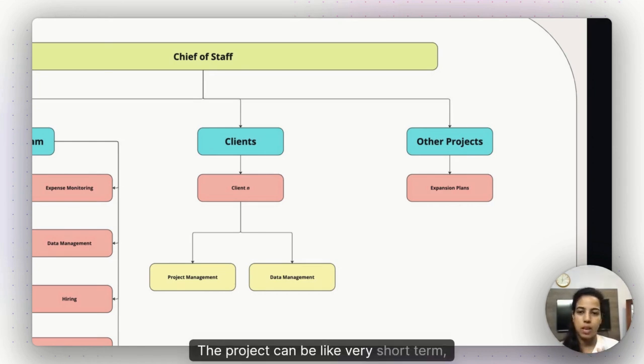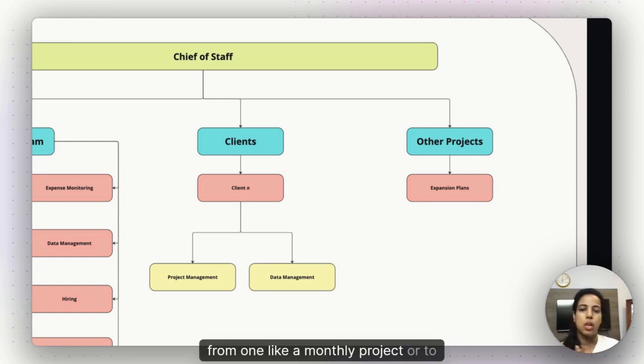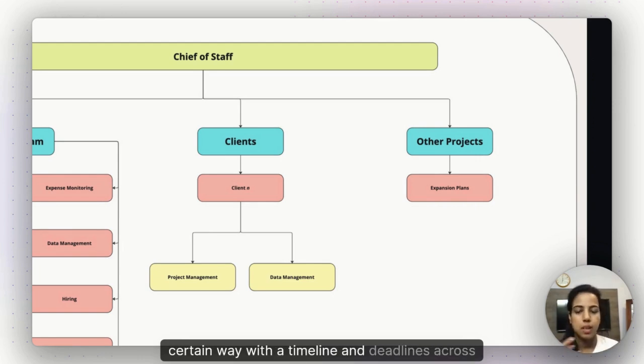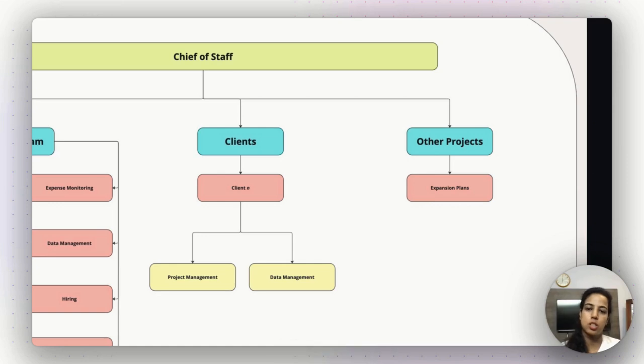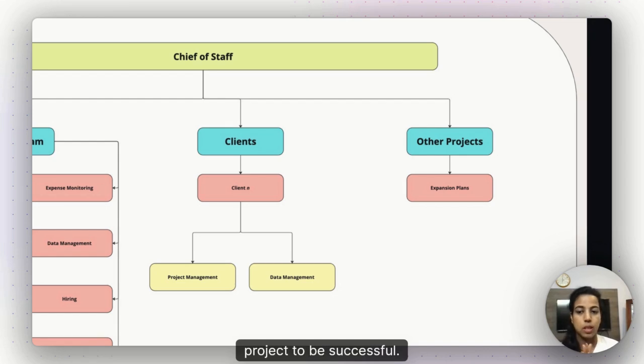The project can be very short term, can be very long term, from a monthly project to a whole annual project. It can be planned out in a certain way with a timeline and deadlines across different departments. So all of that project management is included. You may also need your client's team to help in between, so they also have particular timelines for the project to be successful. So all in all, this is the Gantt chart that you have imagined